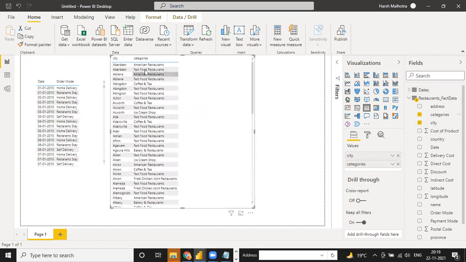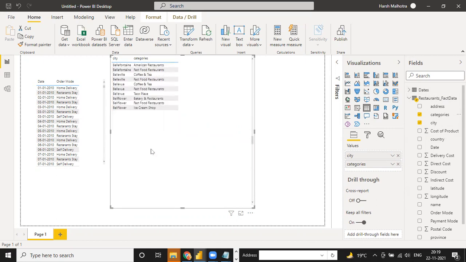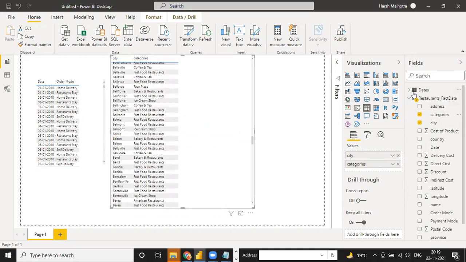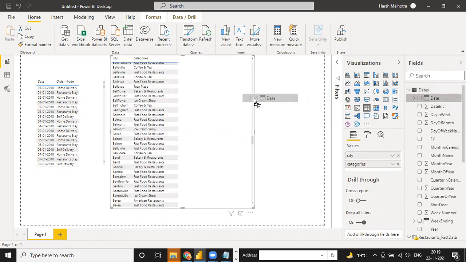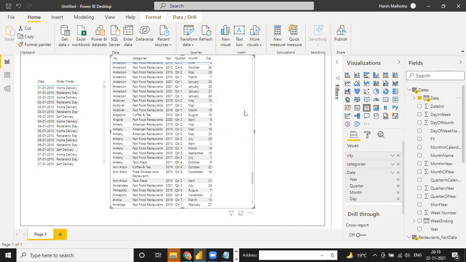category wise. See, for this city, you have an American restaurant. For this city, you have fast food. It is automatically connected with this city and category because we have connected this date. And if you select this date here, you can select day, month, quarter, or only year by date.